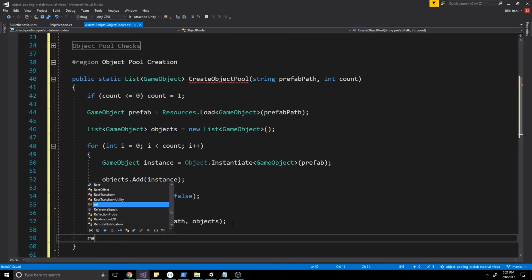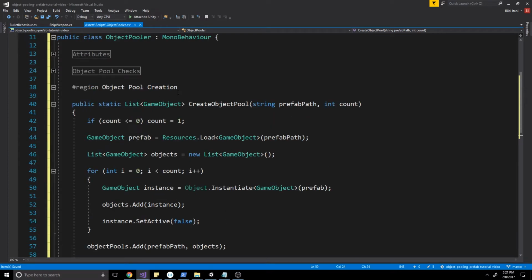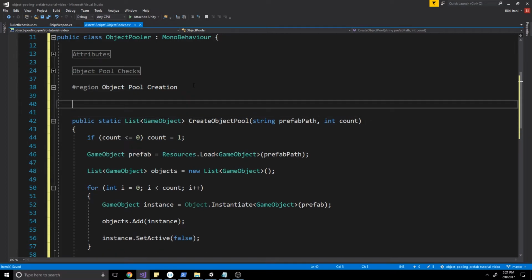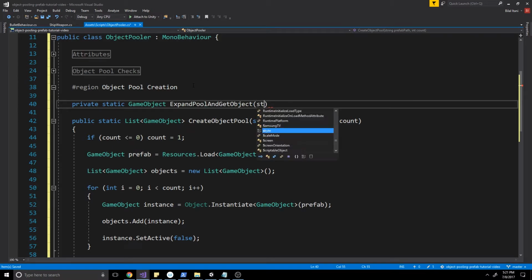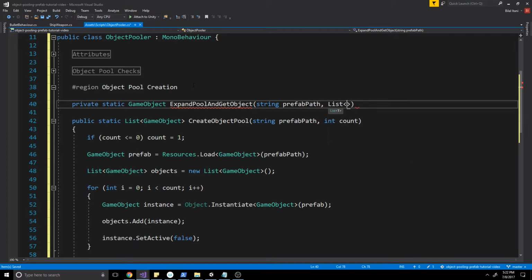Now we just have to return objects so that if we ever call create object pool, we can just reference the list directly without having to go and reference it again from the dictionary. Okay, now let's create our other function called expand pool and get object. So this will be a private static game object returning function called expand pool and get object. Okay, and we have a string prefab path and a list of game objects that are going to be our